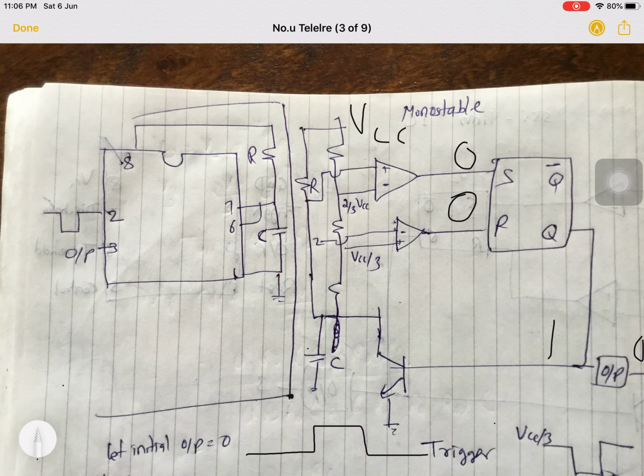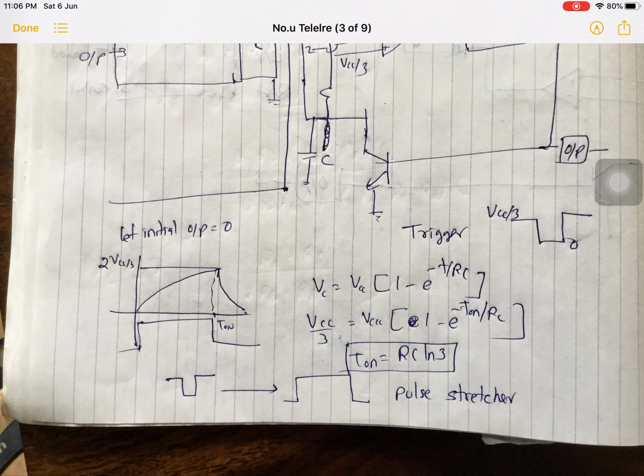For how much time the output will remain logic 1 is totally dependent on the charging of a capacitor. As long as this capacitor takes time to get charged, only for that amount of time there will be on time. I can say it is the on time for the output pulse. Whereas the off time of the output pulse we cannot calculate, because it will remain off until we get a trigger pulse. So right now I'm going to calculate the on time. This is how we can calculate the on time.